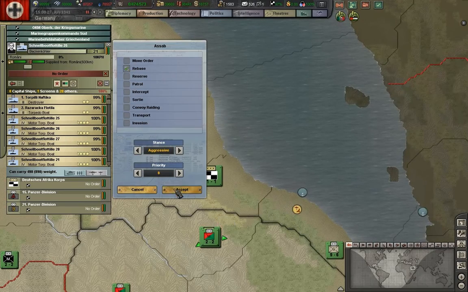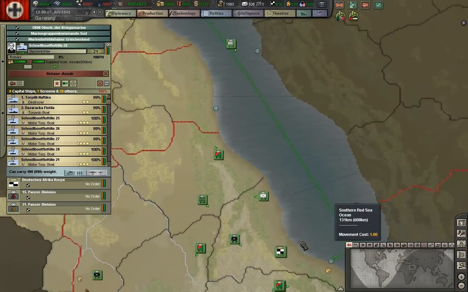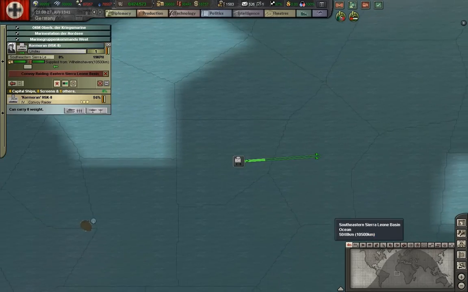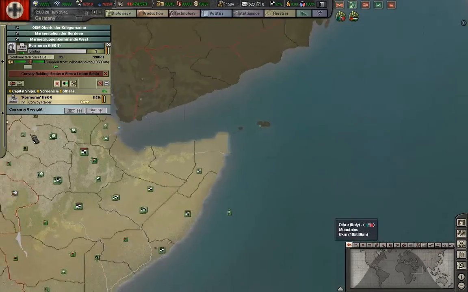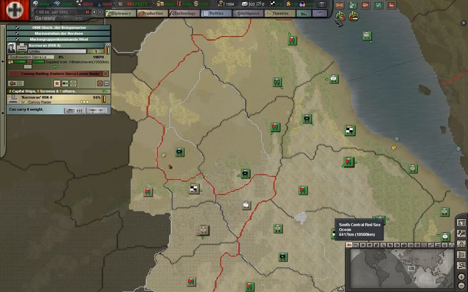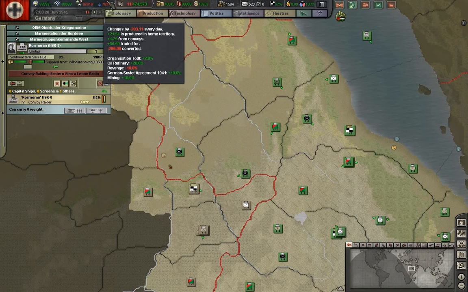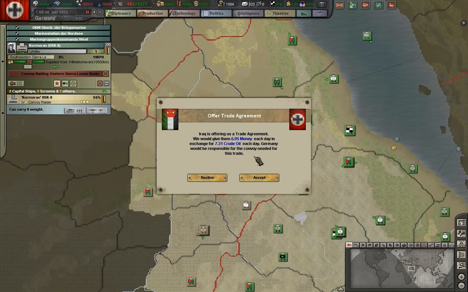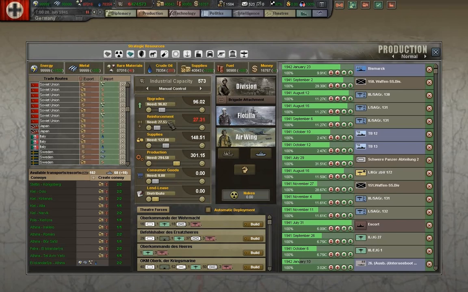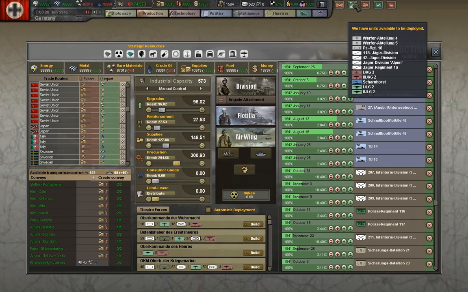New base. No, see, the British have nothing there. Italy, money for oil. Okay. And Iraq. No, because I still think they're going to need to ship it around though. Africa there. Okay, so...